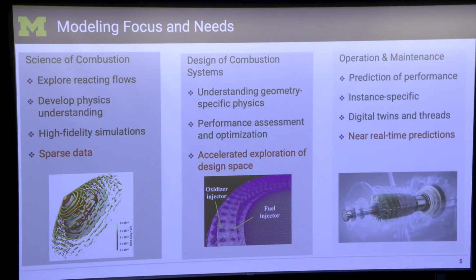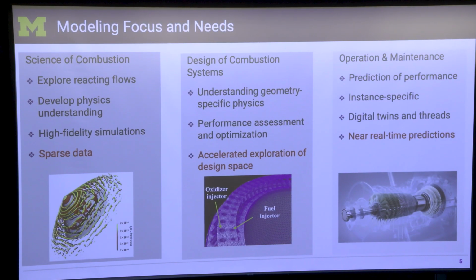Now, a second part, which became more popular in the mid-90s and since then, is that if you have good models for some of the physics, maybe you don't need the biggest supercomputers. You can use smaller computers, clusters, even desktop machines. And you can design systems, design engines. You can design entire gas turbines or augmenters or whatever else your goal is, right? So that was the second part of it. That's for the design of combustion systems.